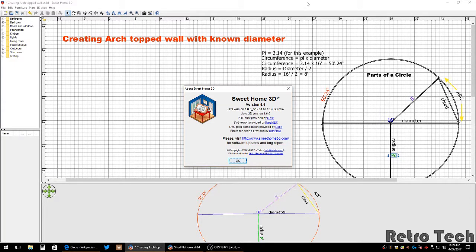Today's video topic is creating an arch-topped wall with a known diameter in Sweet Home 3D version 5.4. Now, there was a question posted on the forum, which I will put a link to down in the description field, asking how to create an arch-top wall. I'm not 100% sure if what I'm going to show you in this video is going to fully answer that